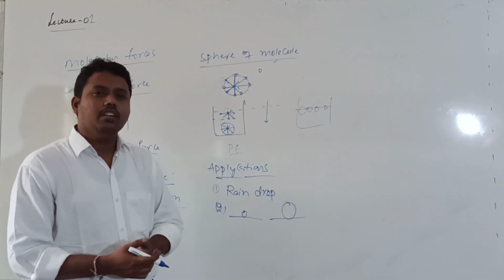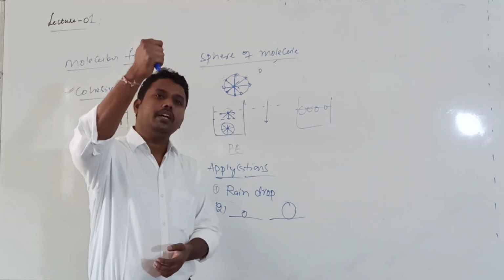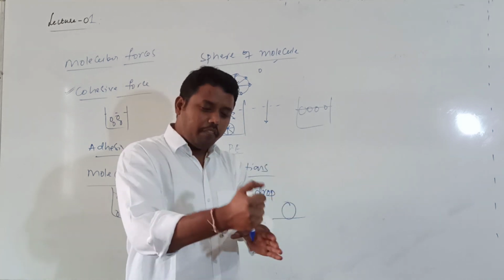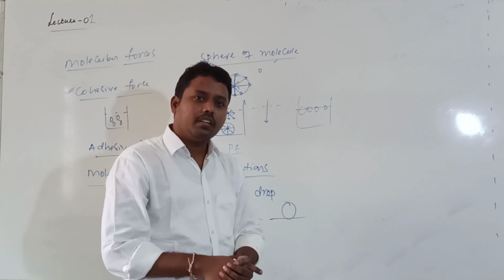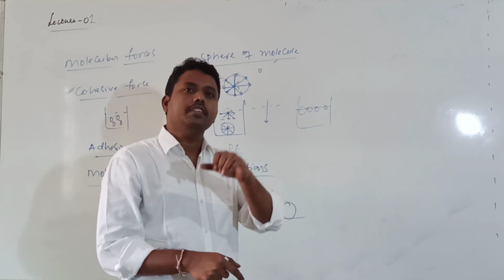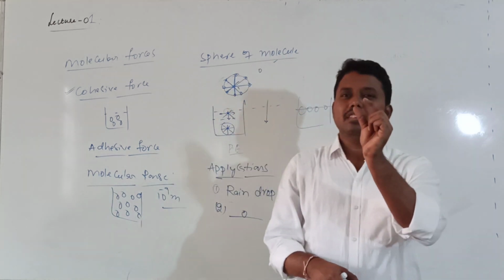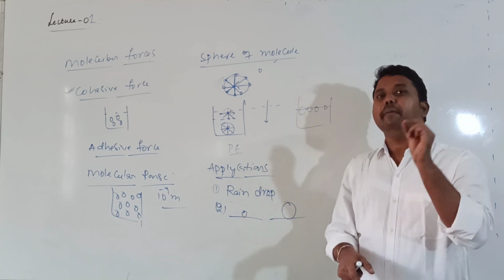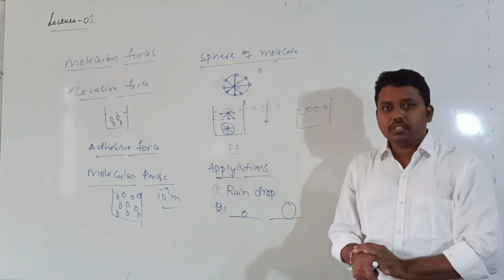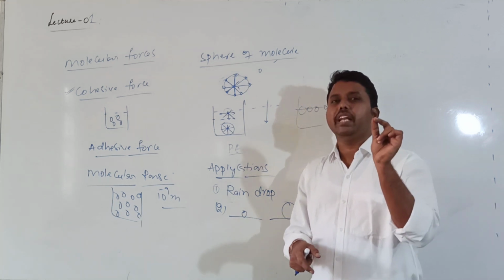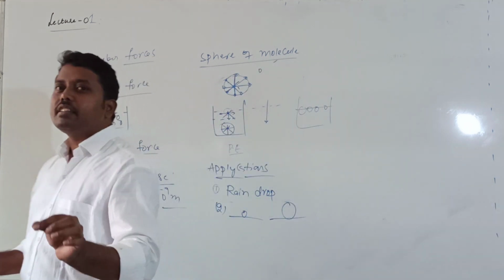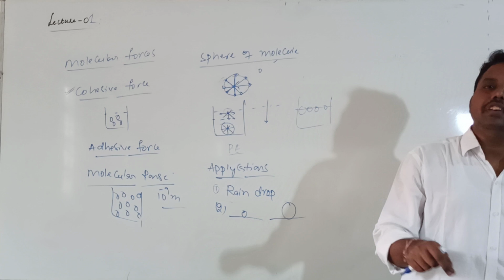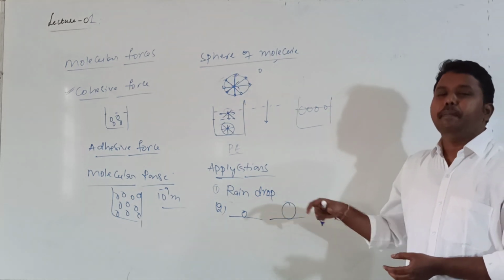Like this we can discuss more. Take a painting brush. When you dip it into the paint, the hairs separate. When you pull it out, they come closer again. That can also be due to surface tension. Lead shots, iron balls, spherical balls like those used in bearings, can be prepared because of the property of surface tension. The meaning of surface tension is that the liquid free surface will always try to attain minimum surface area. That property is called surface tension. Like this, many more examples are there based on surface tension.